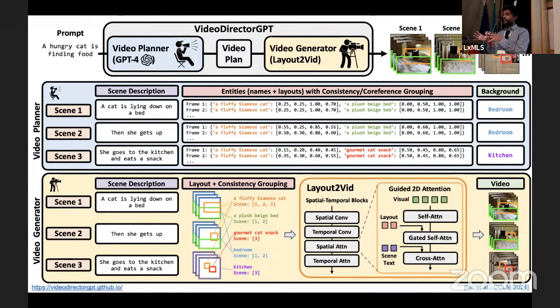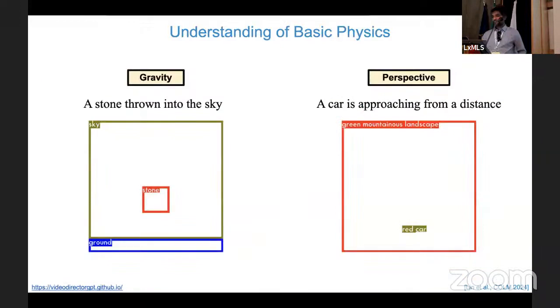So the best part is that it's very efficient, like I said, academically, 8 A6000s or 4 A100s, because we are only updating these guided 2D attention modules, and everything else is frozen from the single scene video generation model. And the other best part is that all the parameters are shared between all the bounding boxes that are the same color, because this is for consistency.